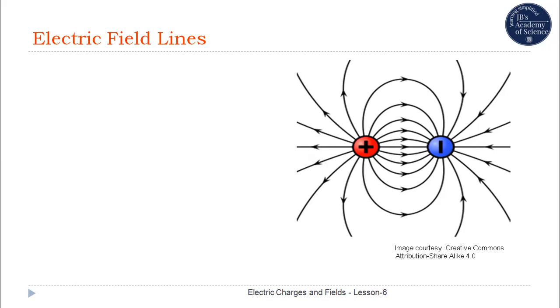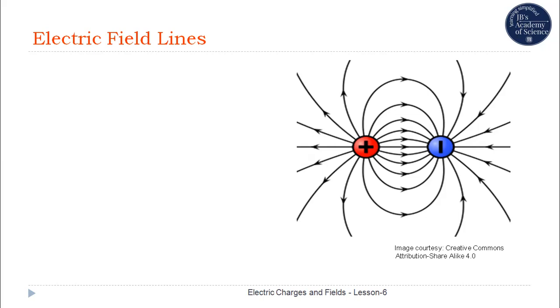An electric field can be imagined to be composed of a very large number of closely spaced lines called field lines, or electric field lines, or electric lines of force. So an electric field consists of a very large number of closely spaced electric field lines. Here is a pictorial representation of the electric field produced by a system of two charges, one positive charge and another negative charge.